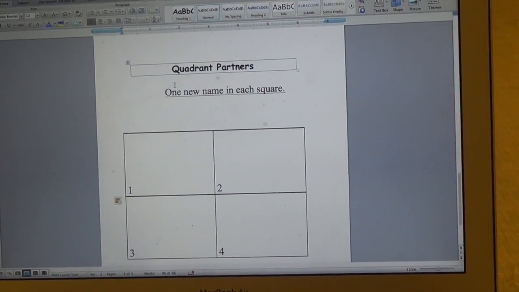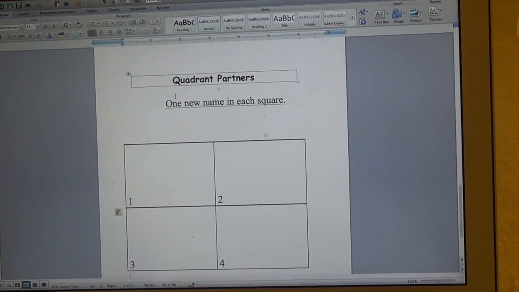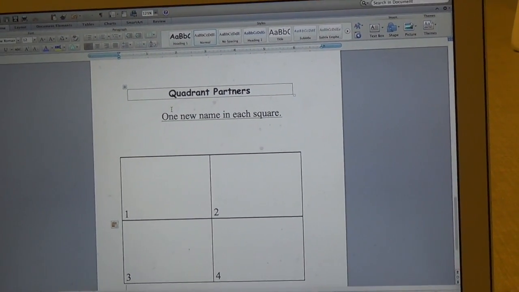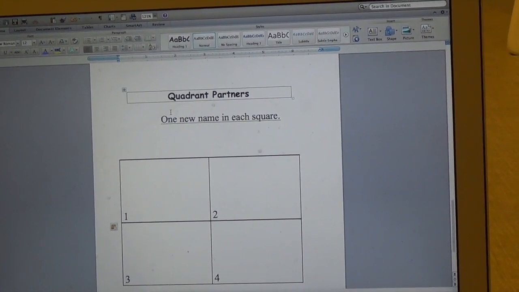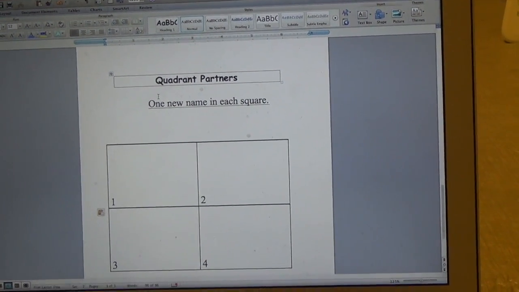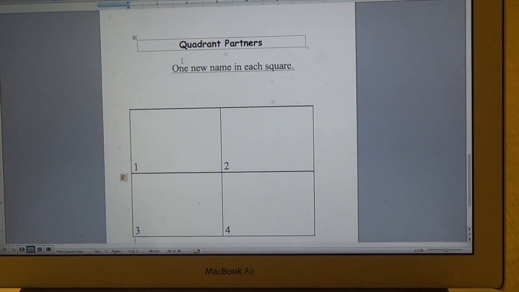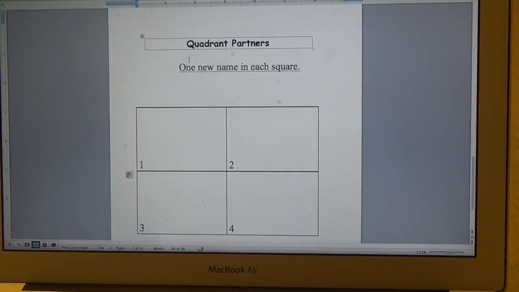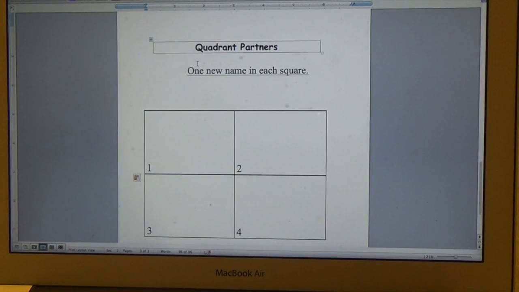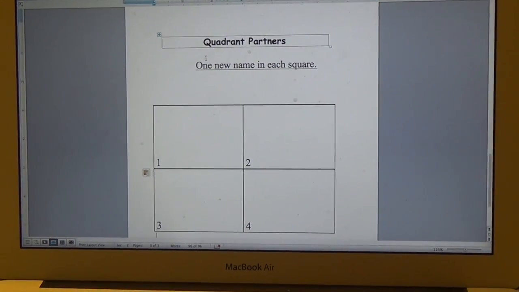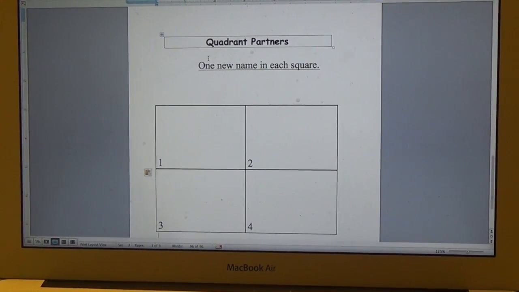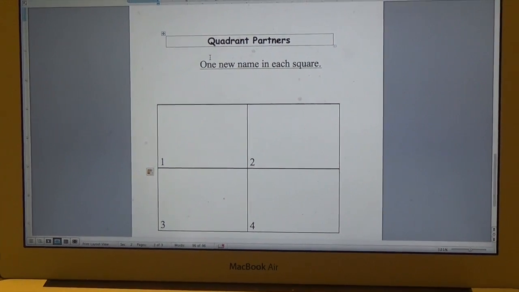And it's just a variation on the think pair share. It's a quick and easy way to put them in pairs and have different pairs each time to share information. And it's another way of increasing engagement, exposing students to other students that may have different ideas that could bring out the best in them, and so that students aren't working with the same partner over and over again, especially when personality issues